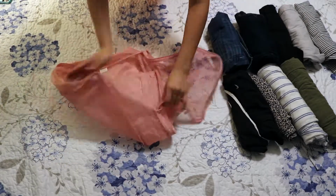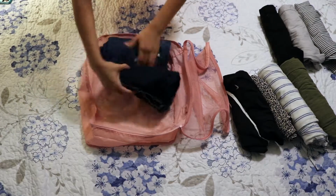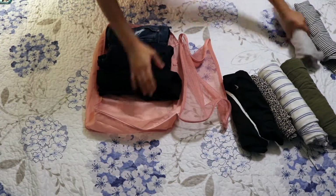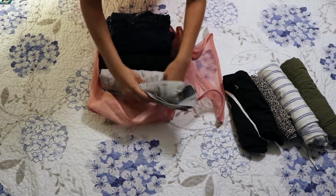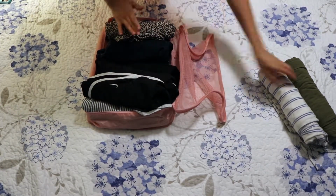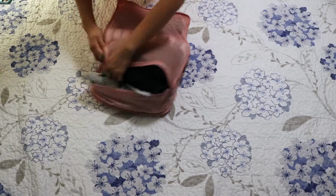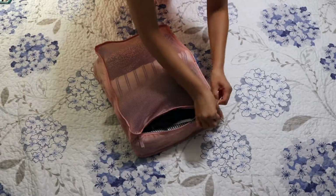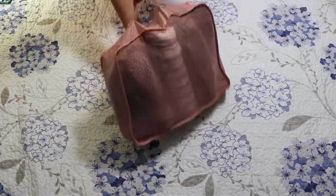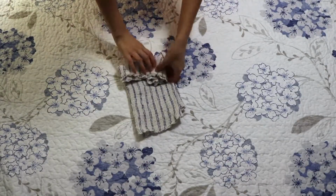And here is my packing cube, and this is the biggest one. It is a little crowded, but it's okay. It's zipped up. It's nice and organized. Moving on to shirts, this is the shirt that matches the pair of white pants with